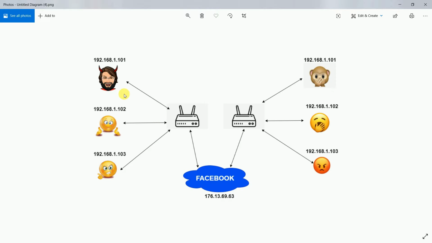Now the actual problem arises when I want to be a server. I want everyone to access this address, or I want to host my page on this particular address. So this guy here or this guy here, if they type this address on their computer, they will be redirected to my page. But what about this guy or this guy or this guy? If this guy types my IP address, that is my private IP address, he will be redirected to this guy, not to my page actually, because that's my private IP address. So that's the main problem.